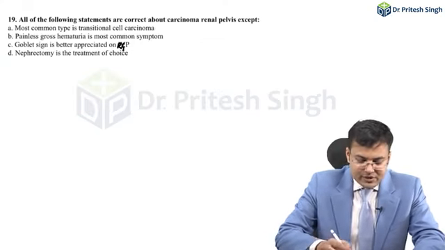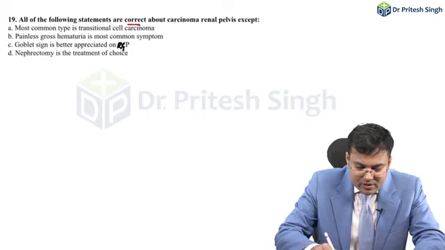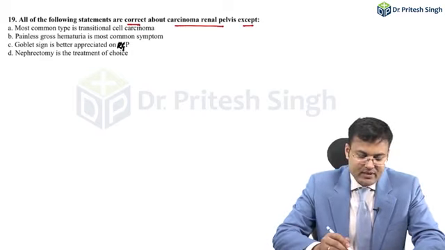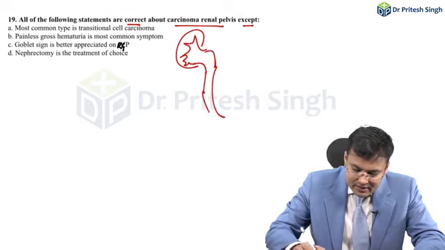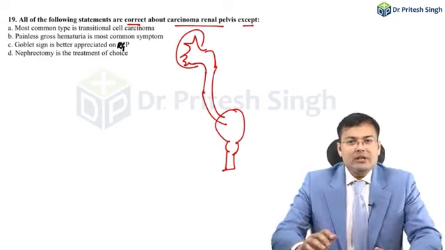Now have a look of this question. All of the following statements are correct about carcinoma renal pelvis except. Now this is kidney. These are the minor calyx. This is the pelvis. This is the ureter. This is the bladder, prostate and urethra. Now let me tell you,